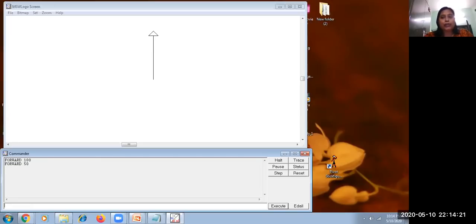So now all together, the turtle has moved 150 steps. Now I want to draw a line so that I can draw a nice box. So what do I have to do? Now to make the turtle turn, because see, this is the turtle's head, this point where this triangle, the first point, this point is called the turtle's head, and this lower part of the turtle is called the tail.